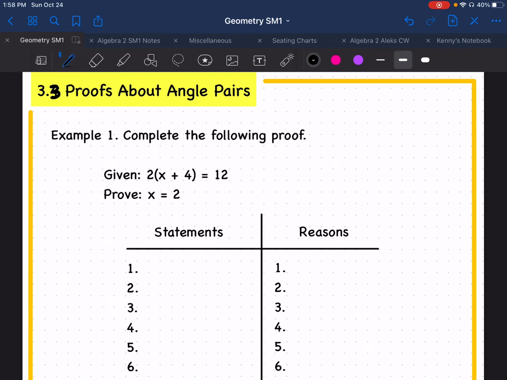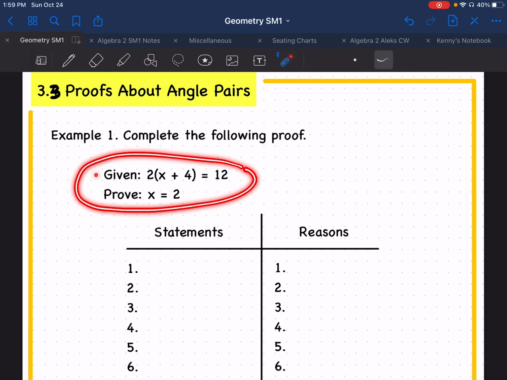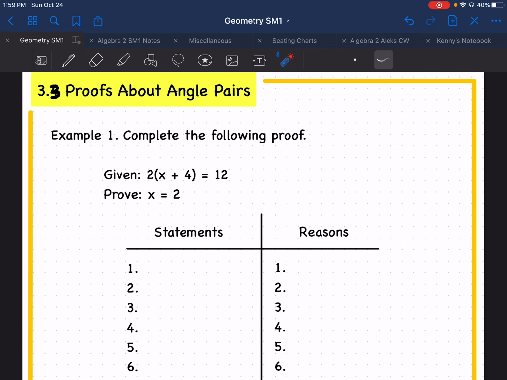Before we do that, let's go ahead and take a look at a proof. In example 1, they want us to complete the following proof. I just want to show you some of the pieces of a proof. So a proof will have a given statement and a prove statement. You have to come up with the statements that go in between these two. Now you always start